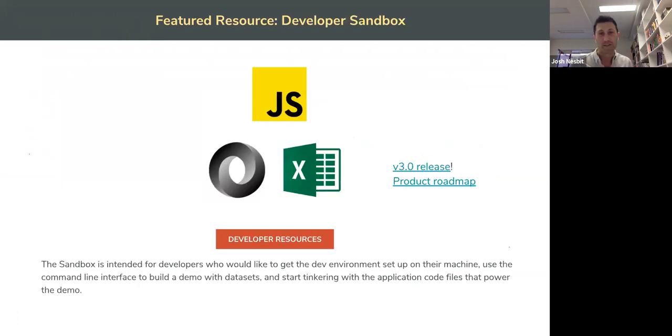The second set of resources to point you to are resources for developers. A few of you are in our public Slack channel already. Hope to see more of you there. And I know a number of you have already got your dev environment set up on your machines, and you're starting to build with the framework. But we tried to outline a step-by-step process on GitHub to help you get going, and we really hope that you will. I've linked in the deck here to the release of version 3,